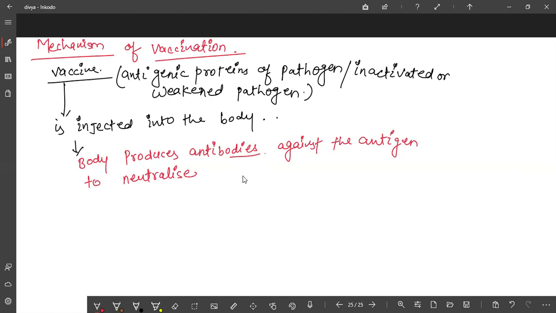Especially health and disease is very important for NEET, because in medical college also we will study about disease. And some more chapters are there, like movement and locomotion of class 11. So many things are there that you have to learn or memorize. One more chapter is nervous control and coordination. And so many questions become negative in chemical control and coordination, the hormone chapter, because in that chapter you have to learn all the things. What are the hormones? What are the diseases? So there is a chance of negative marking in that also.